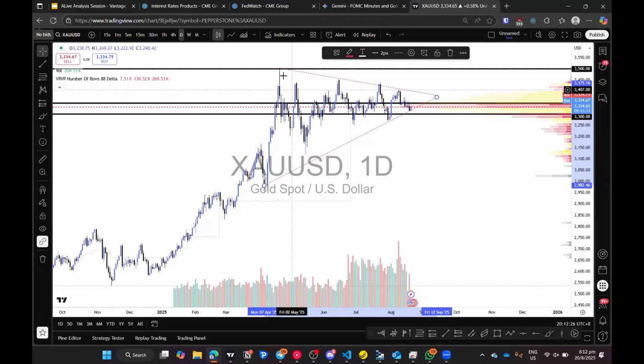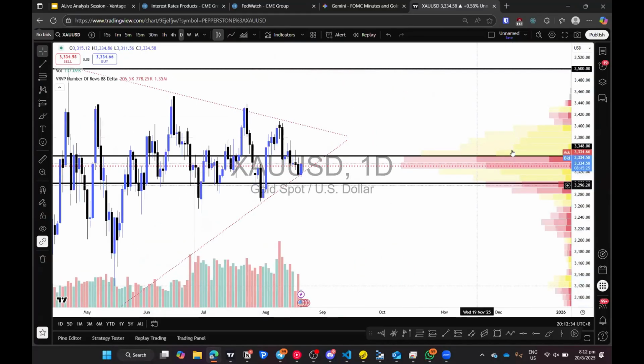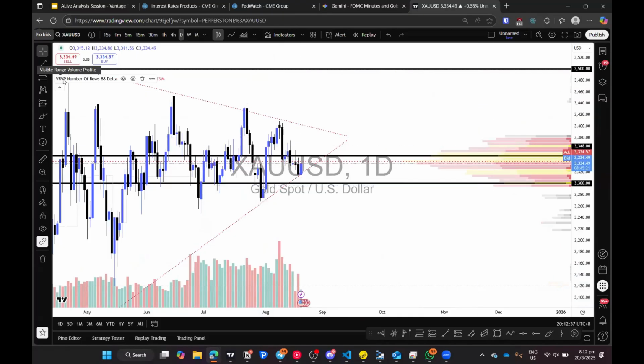But we are seeing a very strong support around the 3,300 region. Okay, this indicator on my right is the visible range volume profile. So basically, it looks at the tick volume at every price level instead of time. The one below is based on time, so every candle represents one day, and this is the volume that we saw on the day itself.